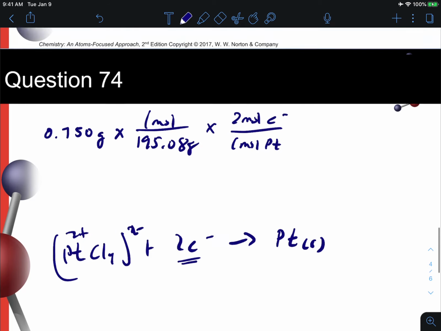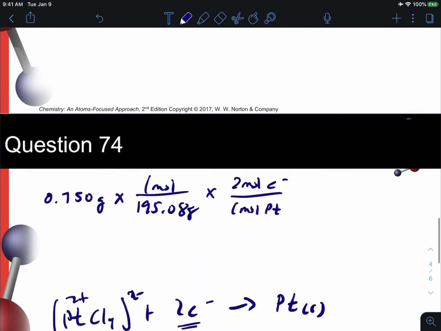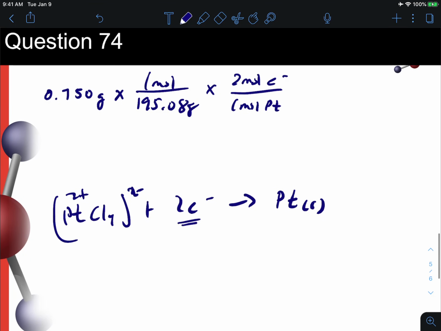Now, how do you remember this? Well, you've got to somewhat commit this to memory, but the way to think about it is, okay, grams to moles, and I need to get to electrons. I'm always interested in the current, the electrons, okay? And then you're going to use the Faraday expression to take you to the next step, 96,500